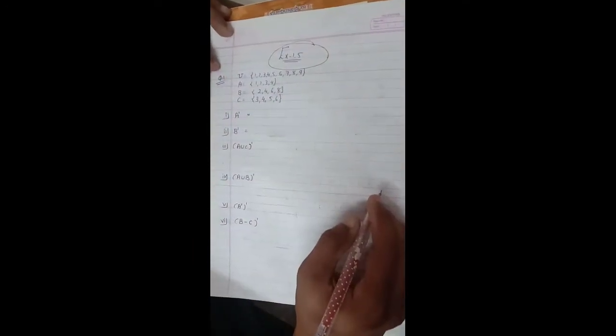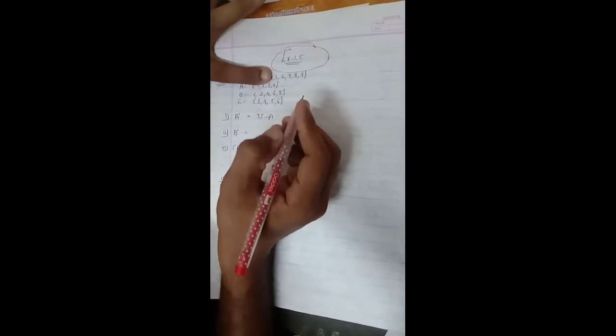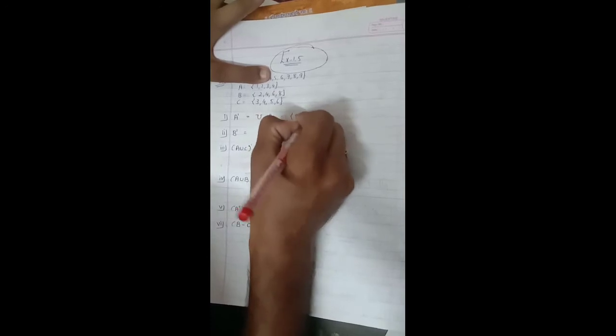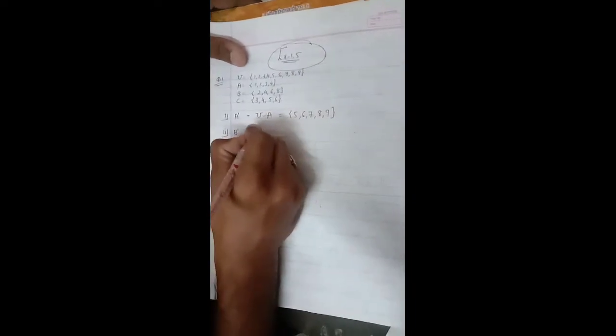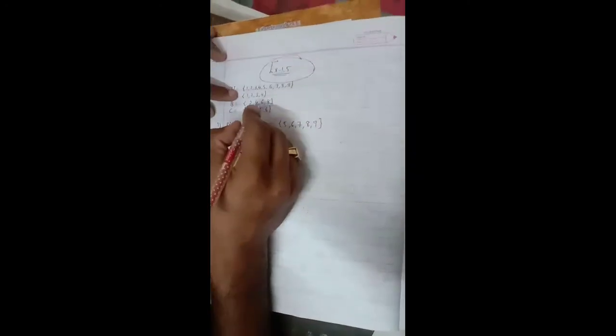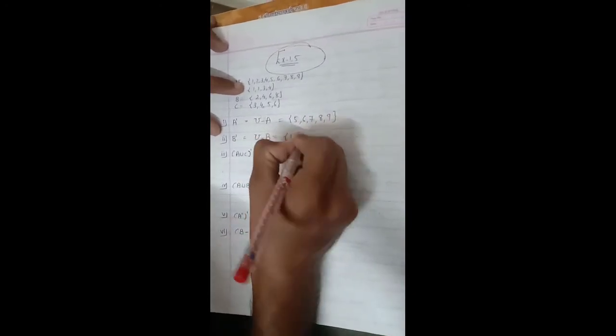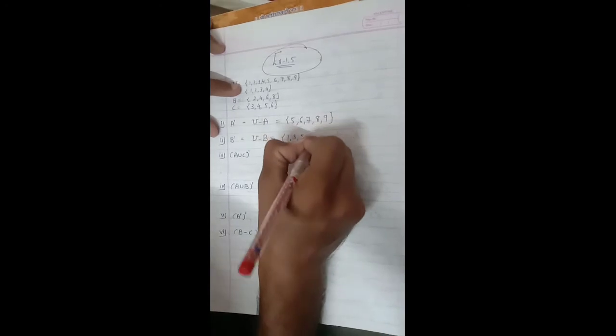Universal set, you see here, 1, 2, 3, 4, 5, 6, 7, 8, 9. A is equal to {1, 2, 3, 4}, B is equal to {2, 4, 6, 8}, C is equal to {3, 4, 5, 6}. A dash means U minus A. Cut members of A from U. Cut 1, 2, 3 and 4. Remaining is what? 5, 6, 7, 8 and 9. It is what? A dash. B dash means U minus B. Cut all members of B from the universal set. Cut 2, 4, 6, 8. It means 1, 3, 5, 7 and 9.